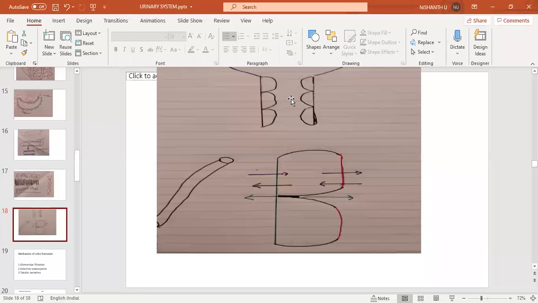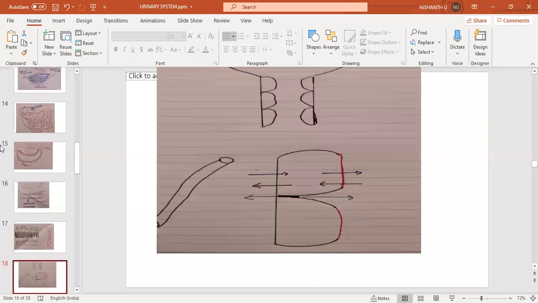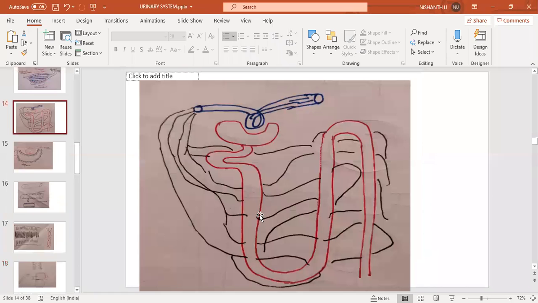Whether you followed this concept or not, I want clarity from you. It is compulsory that you understand this concept. I repeat again: here the filtration will take place. The filtrate is moving in the tube, and if any molecule moves out of the tube, we call it reabsorption. If any molecule moves inside the tube, whether in the proximal tubule, loop of Henle, or distal convoluted tubule, we call it secretion. Followed this concept? Anybody unable to understand, tell me and I will repeat. Everybody is able to understand this concept?